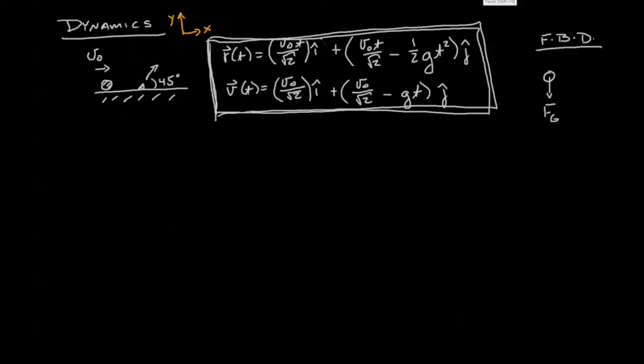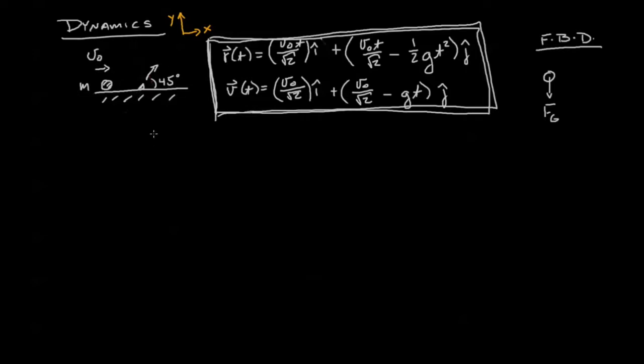Welcome back to our video module on dynamics. Today, I've written down a problem for us to take a look at. We're going to imagine that we have some ball with some mass m and it's traveling with some initial velocity at a little ramp. And when it hits this ramp, it shoots up at 45 degrees and we have nice